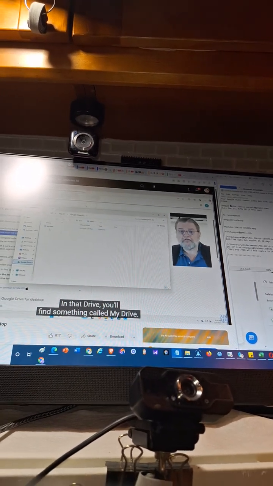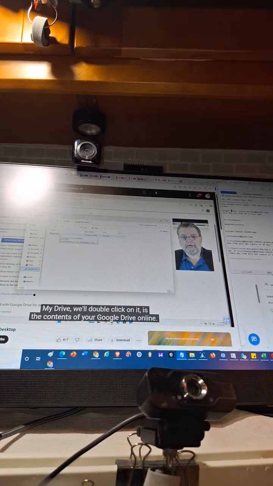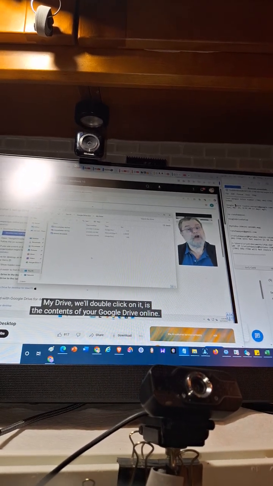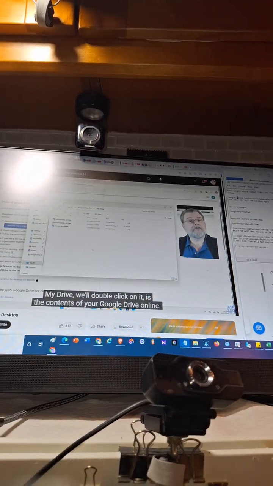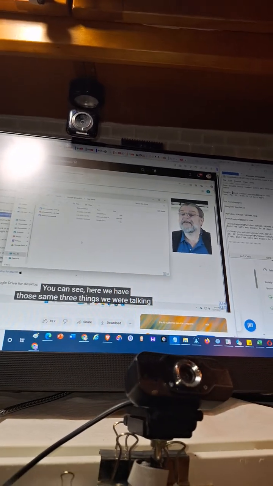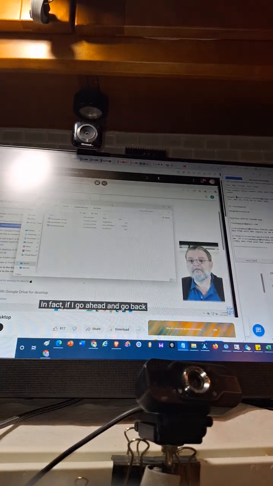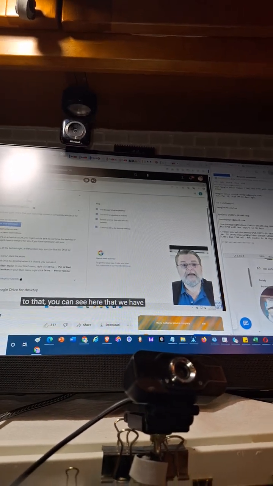In that drive, you'll find something called My Drive. My Drive, we'll double click on it, is the contents of your Google Drive online. And you can see, here we have those same three things we were talking about when we looked at drive.google.com. And in fact, if I go ahead and go back to that,